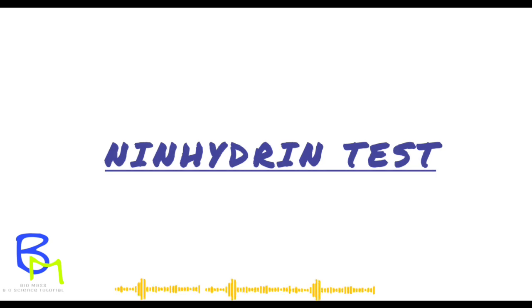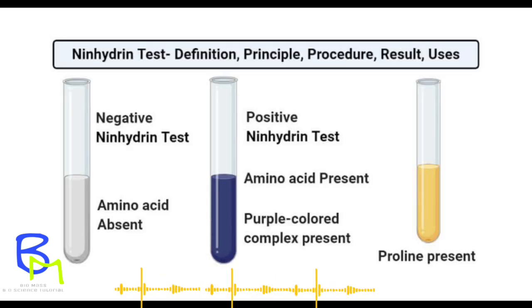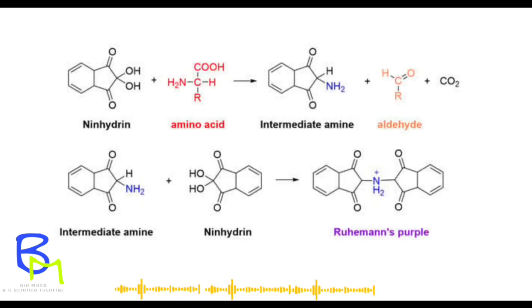The ninhydrin reaction is essentially a redox reaction. This test is used to check whether a given analyte contains amines or alpha-amino acids. Development of a deep blue color indicates the presence of ammonia, primary or secondary amines, or amino acids in the analyte. Here ninhydrin acts as an oxidizing agent and gets reduced.